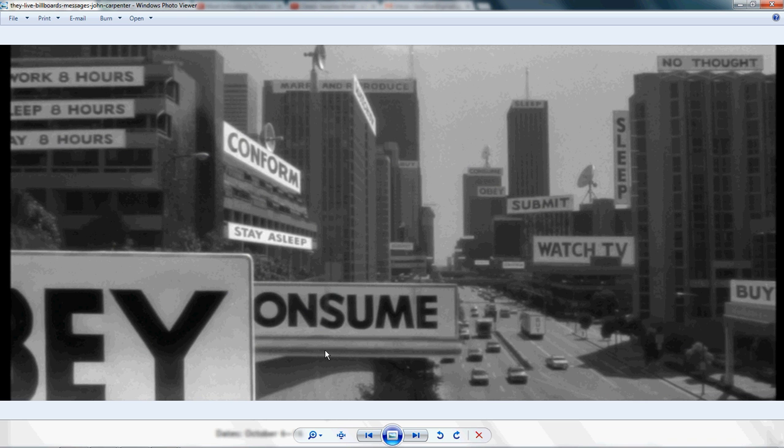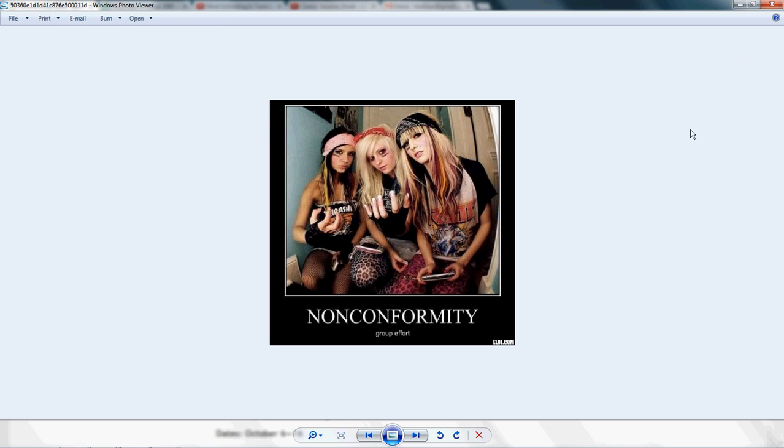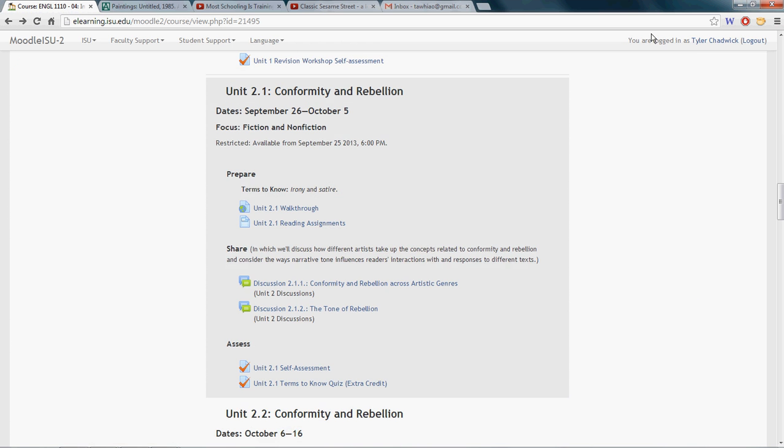And here, this is again another commentary on the corporate world. Everything about it: consume, obey, conform, conform, conform, buy this, buy that. And so the commentary here is, this world's not so cool. It's all in black and white. And I think we can take from that, if you want to see in color, you should not conform. You should rebel a little bit. So those are just some of the random pictures I found in a quick image search on the internet. Thank you, Google, for that.